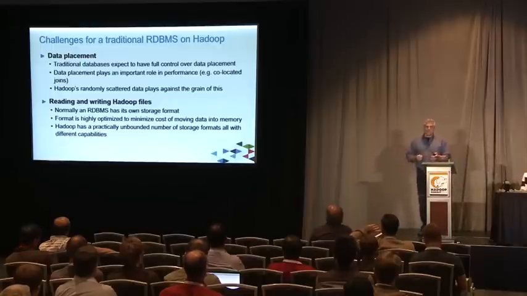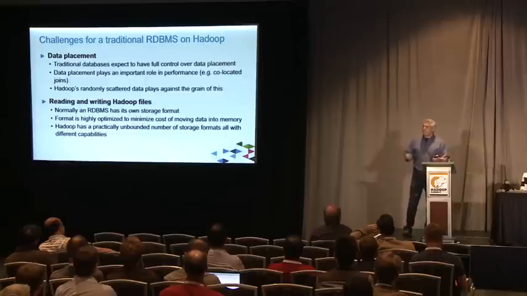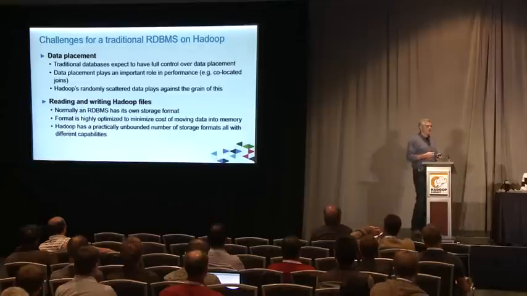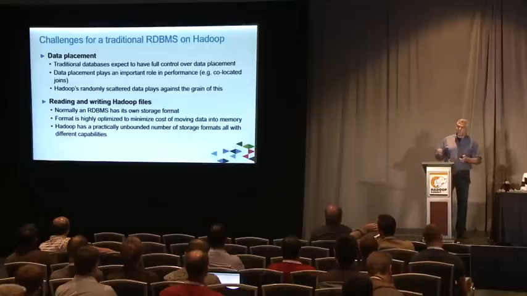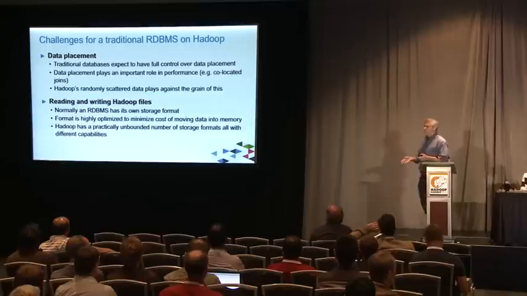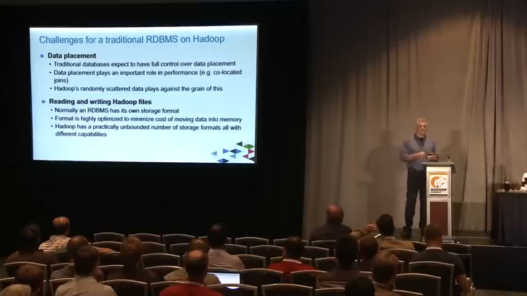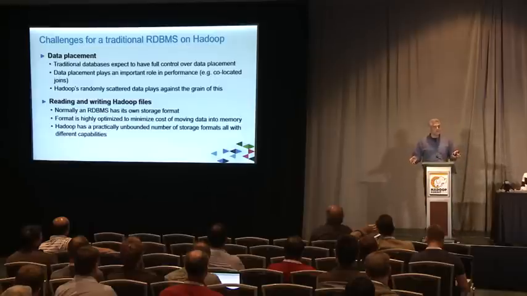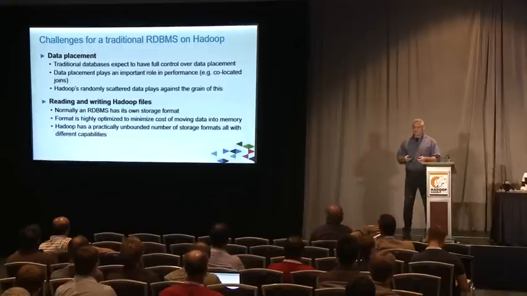There are also challenges on the sheer nuts and bolts of it. The database engine typically expects to have its own storage. It has formats for data that are efficient for moving data in and out of memory. Now suddenly we've got to present it with this wide variety of file formats with different capabilities. Some can take advantage of information like search predicates or which columns you're querying, and you need to be able to use all of that capability to get the performance out of it. And then finally, the ability to allow users to continue to plug new and exciting file formats in.